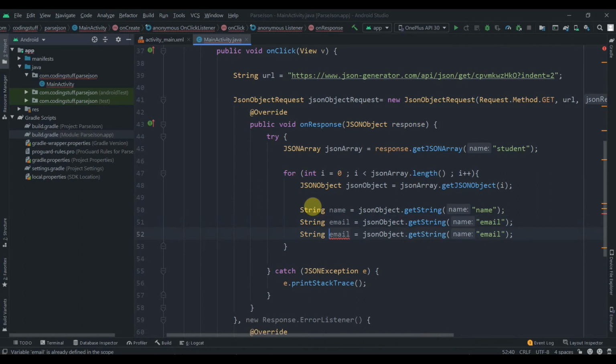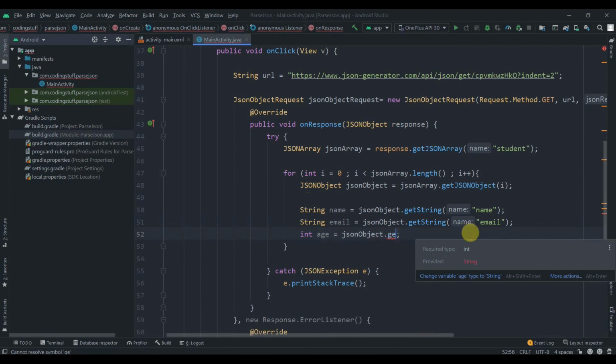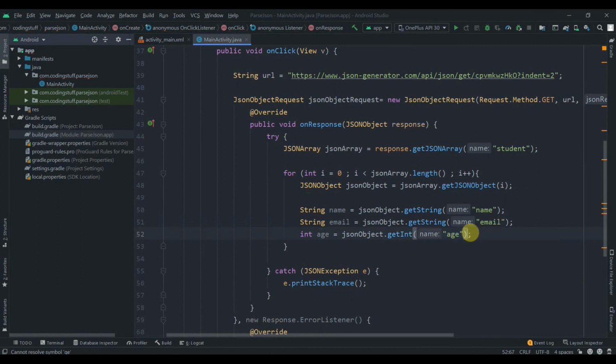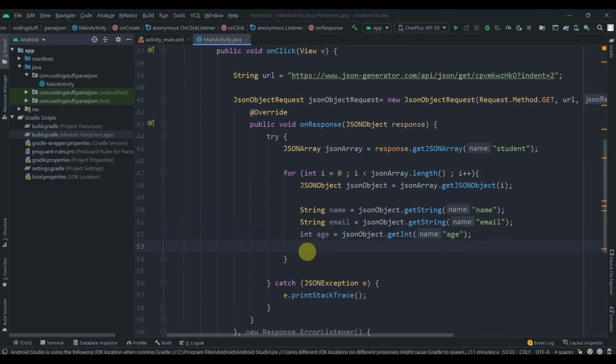Again I'll just duplicate this, and this will be int age, so this will be getInt, and we'll pass in the key as age. So we have retrieved all this data.